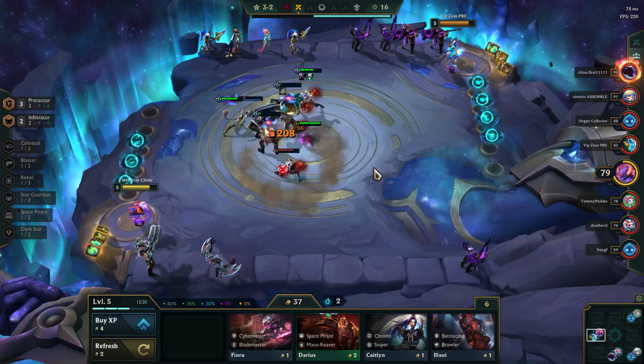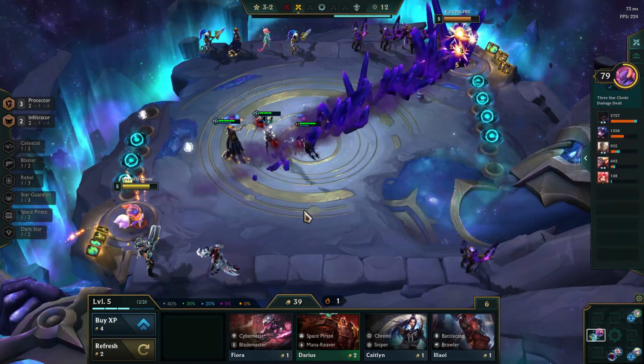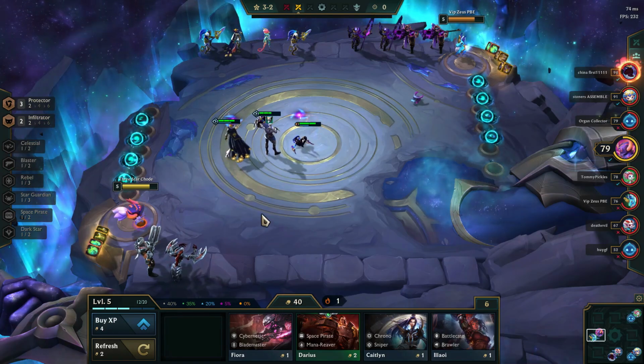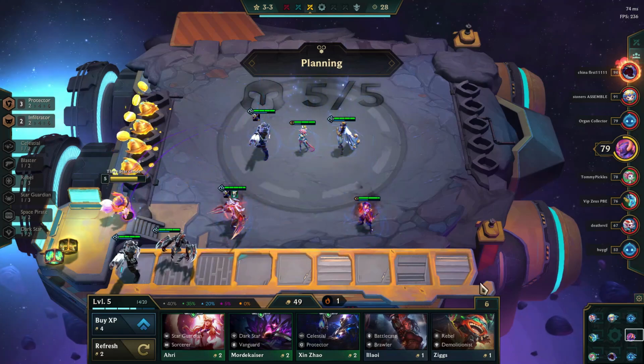I subbed in the Neeko for the Jarvan. For those that don't know yet, Jarvan got nerfed. His attack speed is, I think, 50% now at level 1. Plus the Neeko is going to be in my final comp, so